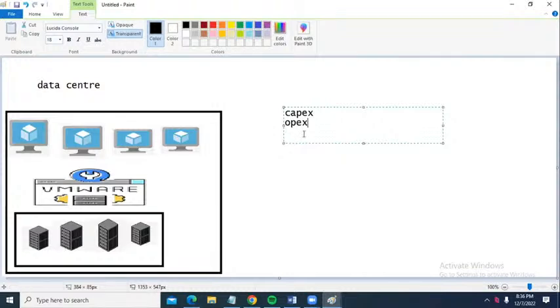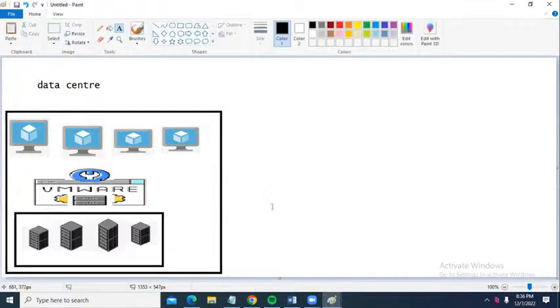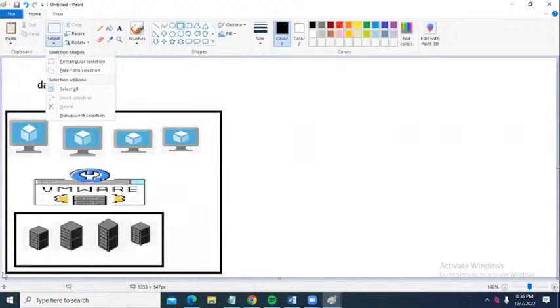But if it is one data center, it is no problem. They usually maintain multiple data centers. Suppose you think of our Hyderabad city. In Hyderabad, we can have multiple data centers. For what reason must we have multiple data centers? I will explain. Just a minute, guys, I am copying this diagram.